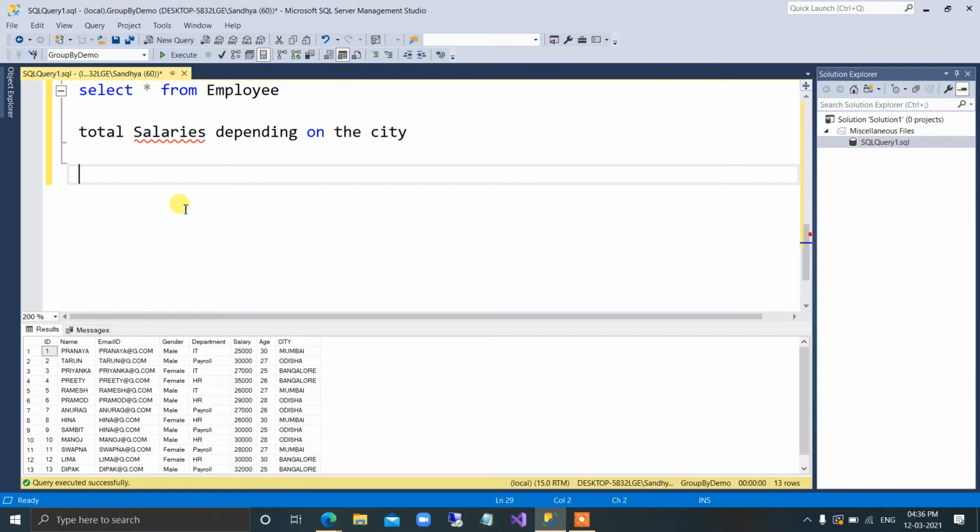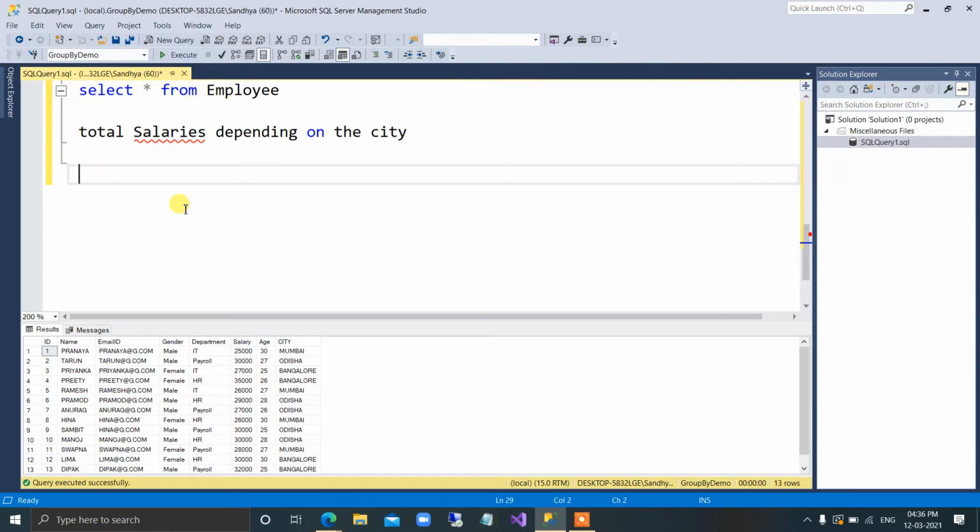So what I want to do is group the salaries by cities. So let's group it. We will create a group. Mumbai city is a group, and for this group we want the total salary it is taking. Similarly, Bangalore, we have to create a group. So we will create three groups, that is Mumbai, Bangalore and Odisha. For these three groups, we will find out the total salaries going into these particular cities.